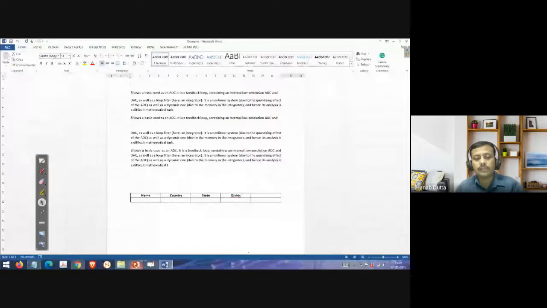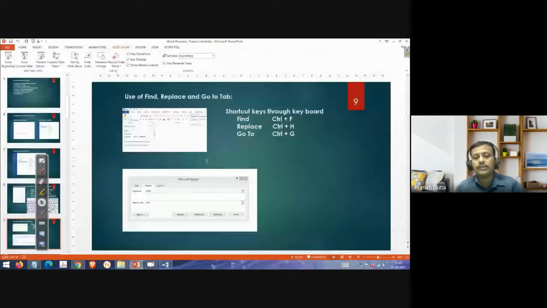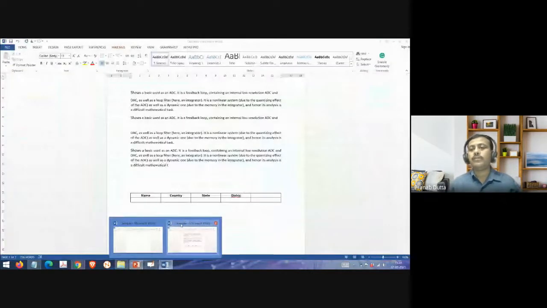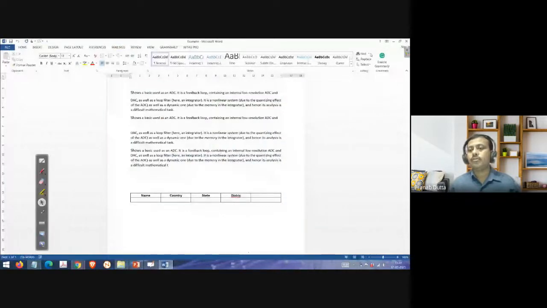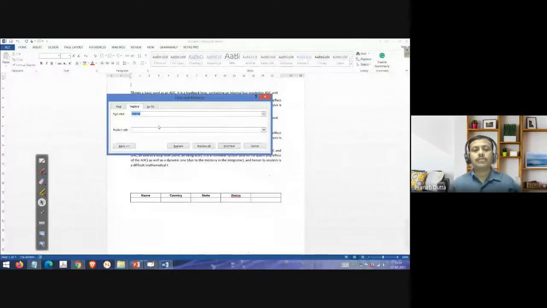Now next, what I have shown is replace, how to replace a particular word. That is very helpful when you are using these tools. One way is to go to find, or the replace option is directly given here. So what do you want to replace?